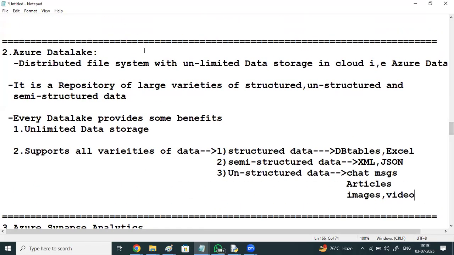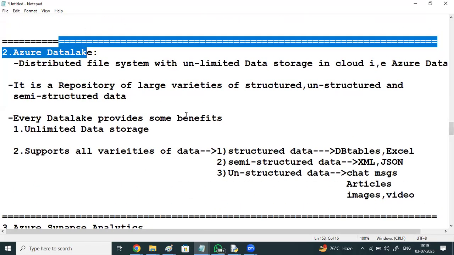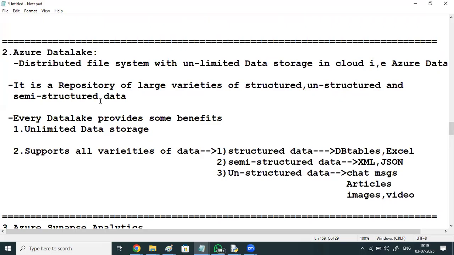Here data will be in the form of files in Azure Data Lake. If the data is in the form of files, we cannot maintain relationships between the files, but we can maintain relationships between tables using a primary key or foreign key. But in the files, we cannot maintain relationships, right? So for that,